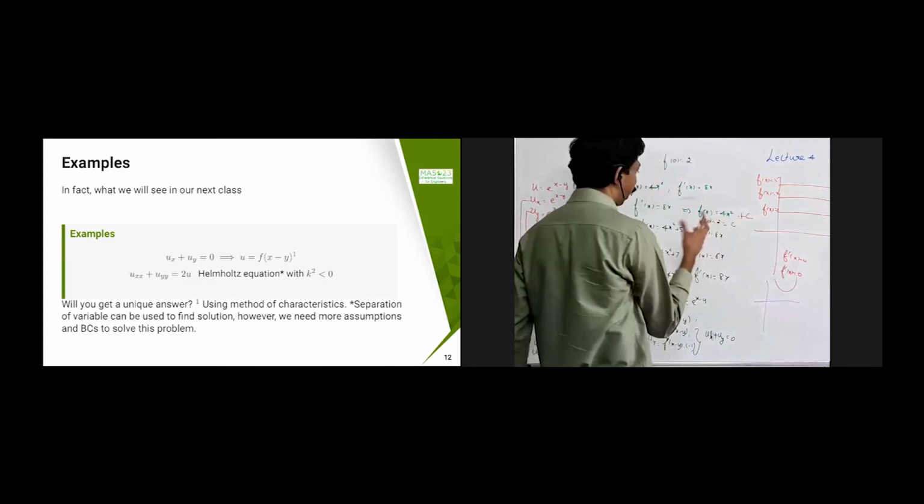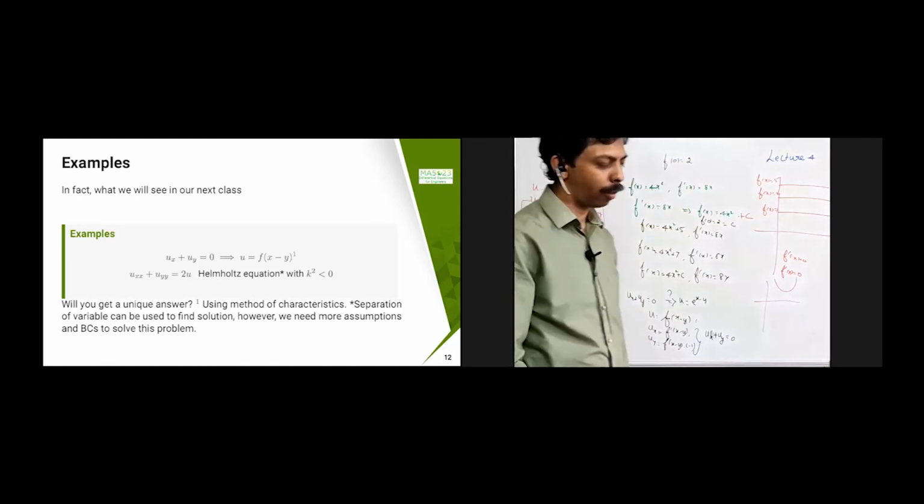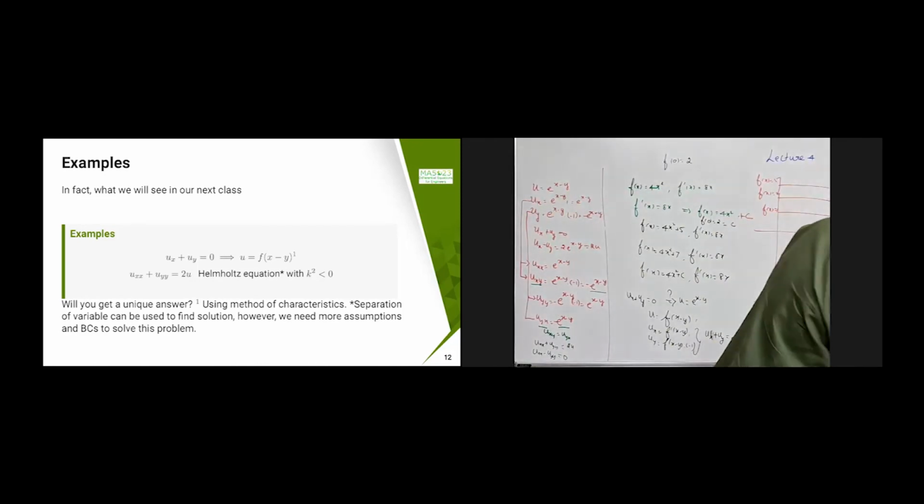In general, if only this one is given, you cannot find it. But if you give some extra conditions, then in those cases you can find some unique answers. Or sometimes you will not find a unique answer also. For example, f dash of